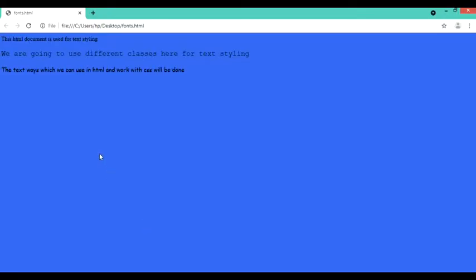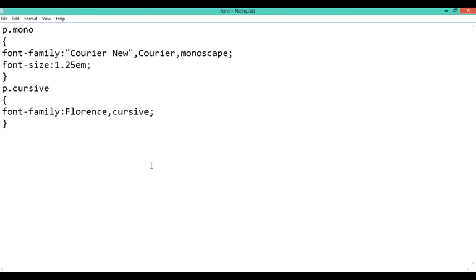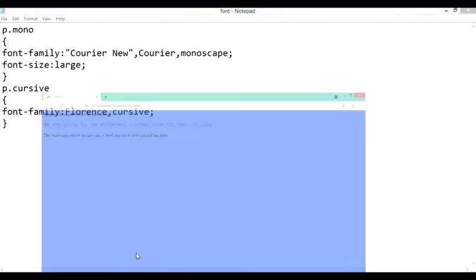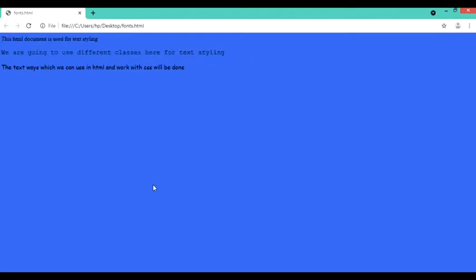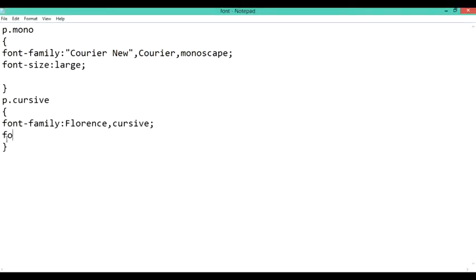So these are different ways of giving font sizes to a particular ID, or to a particular class. You can also give a value of large, small, or X large based upon your need. Whenever we change that property according to our need, the output will be displayed accordingly. So this is the font size. Next I'm using the same code only so that it is easy for you to understand, where we are just making the change.